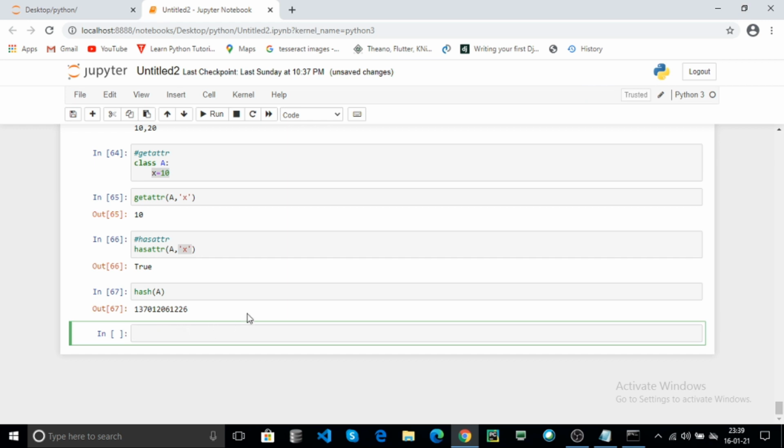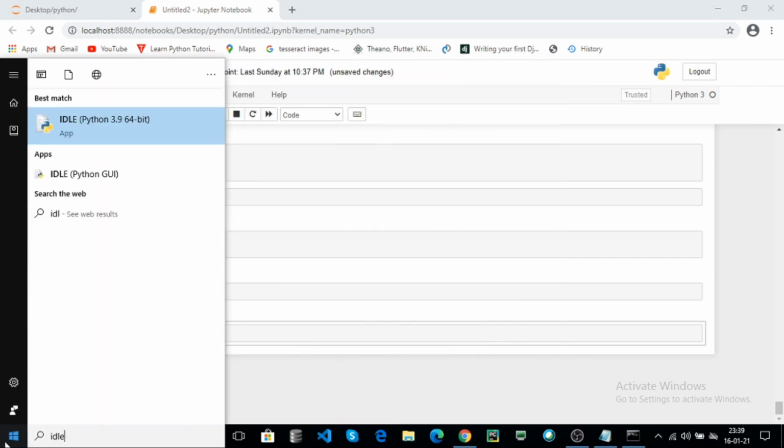The help function takes time for loading the modules. I'll explain the help function in IDLE.